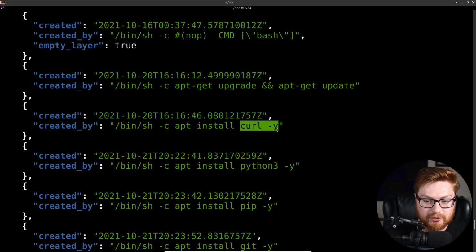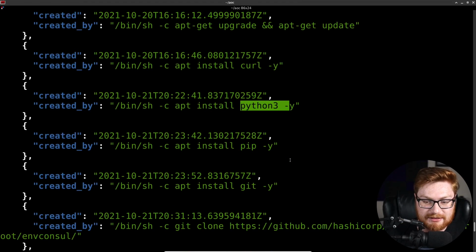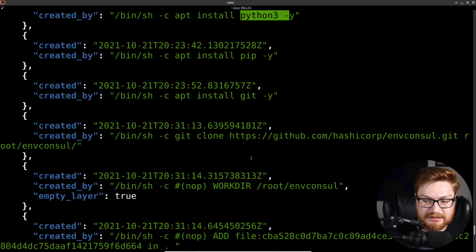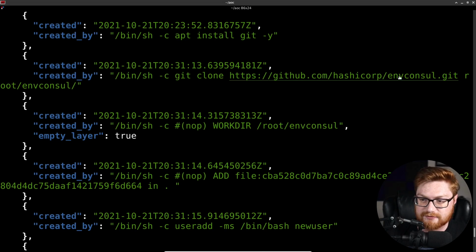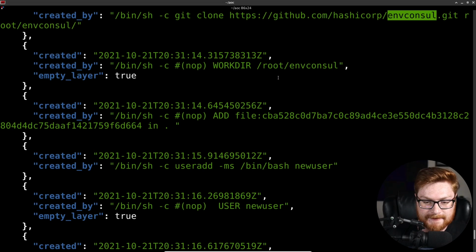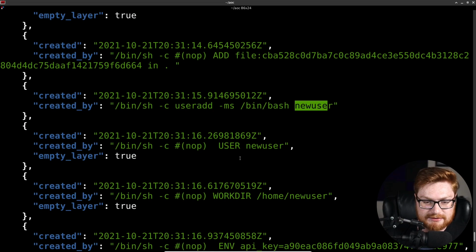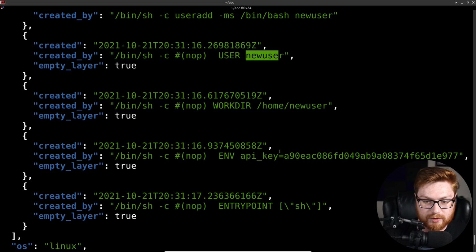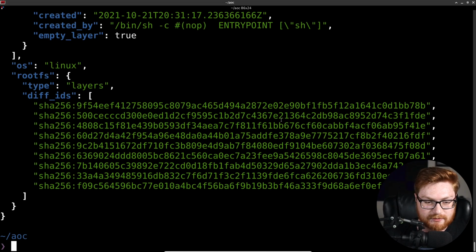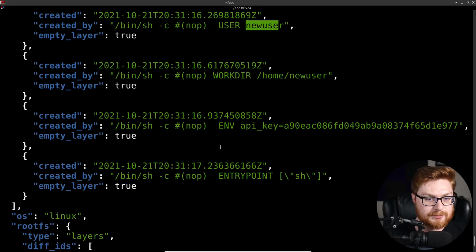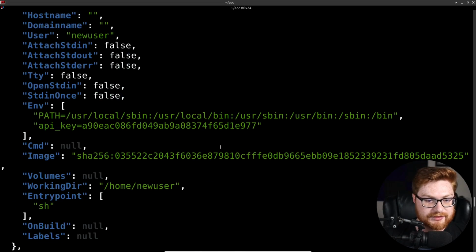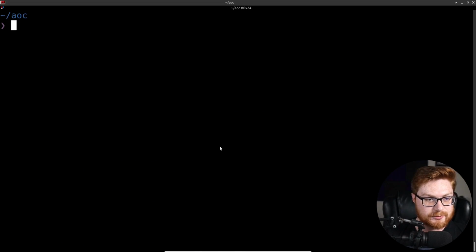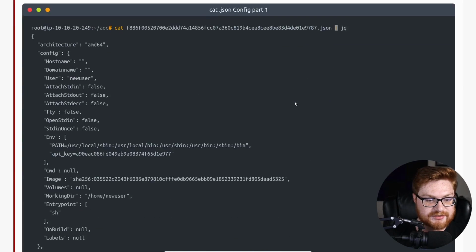We installed curl, installed Python 3, pip, and git, and we even cloned some interesting projects, maybe env console. We added the new user. We made sure that we were going to become that new user, change the working directory, set the API key, etc., etc. And that's all stuff that we would be able to explore and look through within this configuration file, especially with JQ, to make it easier for us to see.